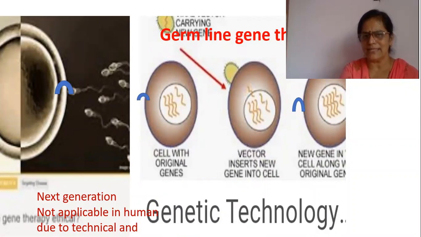You know that from a single germline cell an entire organism is produced, and it has the capacity to divide and redivide. That's why it is called germline gene therapy. The chromosomes, or the delivered gene, can be transferred into the next generation, but it is not applicable in human beings because of technical and ethical issues. It is not applicable. So like this, we have completed the gene